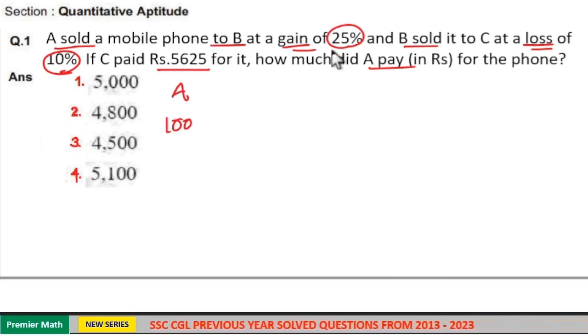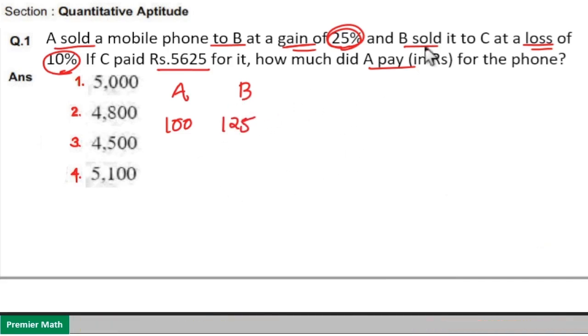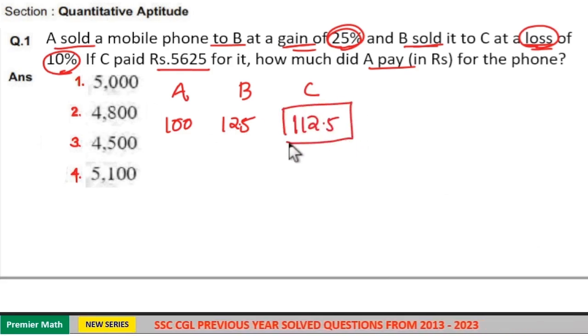Now he sold it at a gain of 25%. That is, he sold it at 125 rupees to B. Now B sold it to C at a loss of 10%. So 10% of 125 is equal to 12.5. So he sold it to C at 125 minus 12.5, which is equal to 112.5. So the final selling price is equal to 112.5,